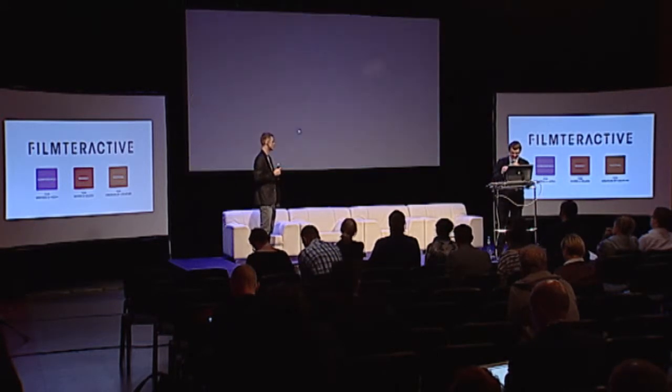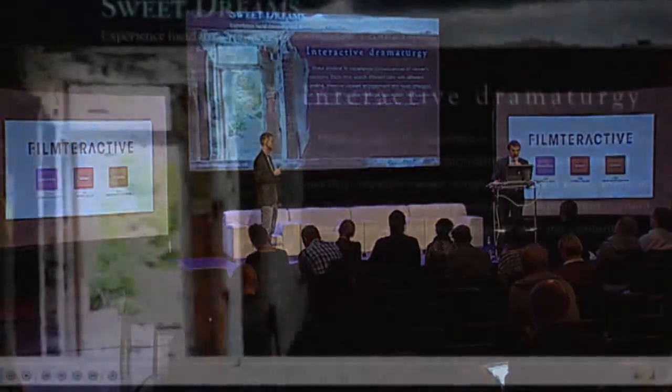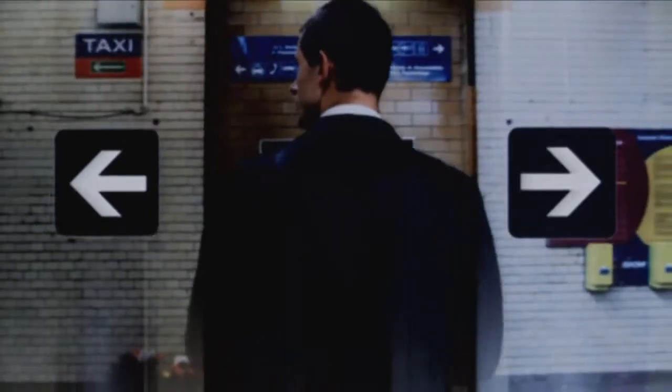Okay, what's next? So I want to tell you very briefly what interactive dramaturgy is. In our software there are a lot of kinds of interactions. Some interactions are very simple, and it's only choosing the way, for example, to explore some place. These are exploring interactions. Another is dialogue interactions, as I said. Another of our concepts is something called Manowicz loops. A Manowicz loop is a circular scene. It's a scene that